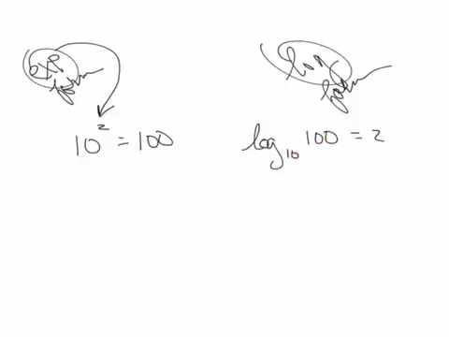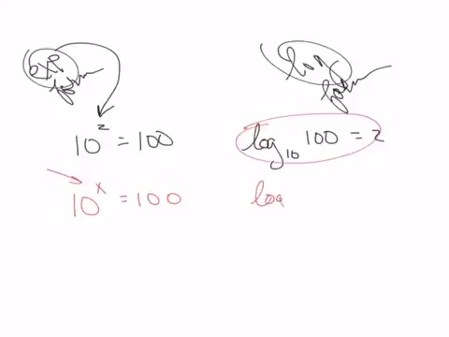So we use logarithms mainly when we don't know what the exponent is. So for example, if we had 10 to the x equals 100, this says what is the exponent we're going to put on 10 to give us 100? This says the same thing, log base 10 of 100 equals x. So what exponent can I put on this base number here, which is the base, that will give me 100? It would be the same as me saying,